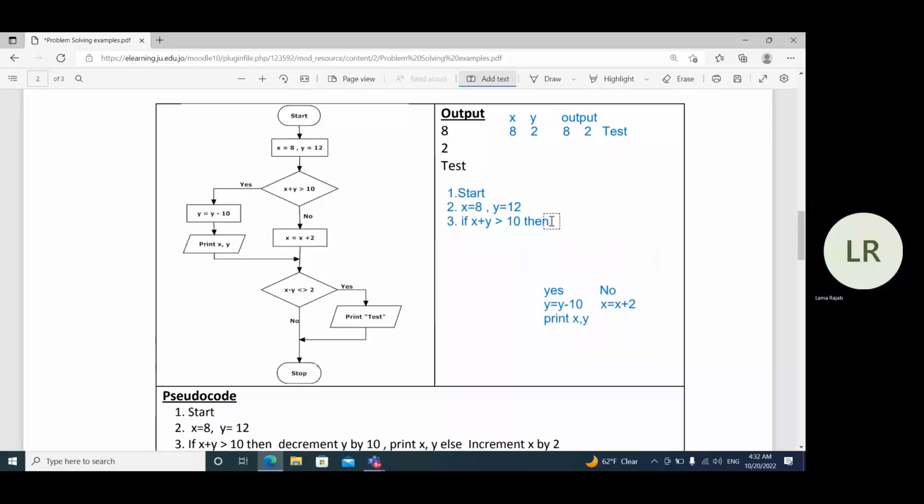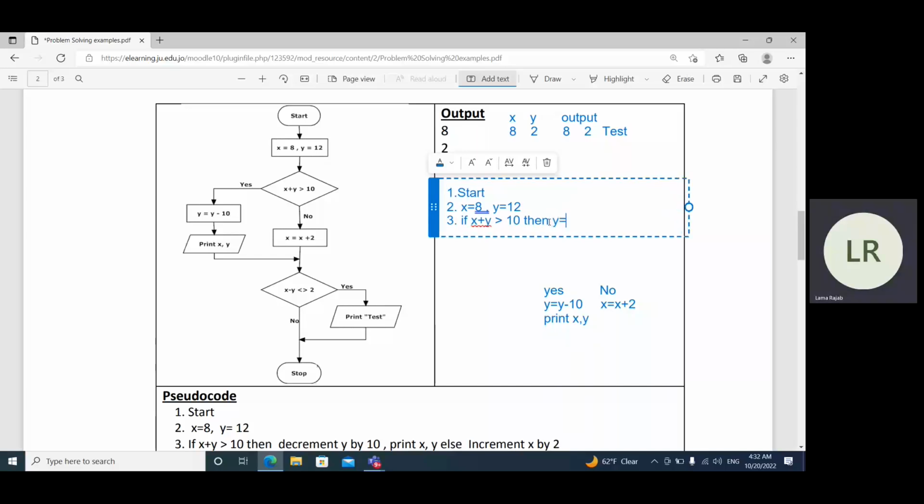So, y equals y minus 10, comma, print x, y, else x equals x plus 2. The next step is step 4,